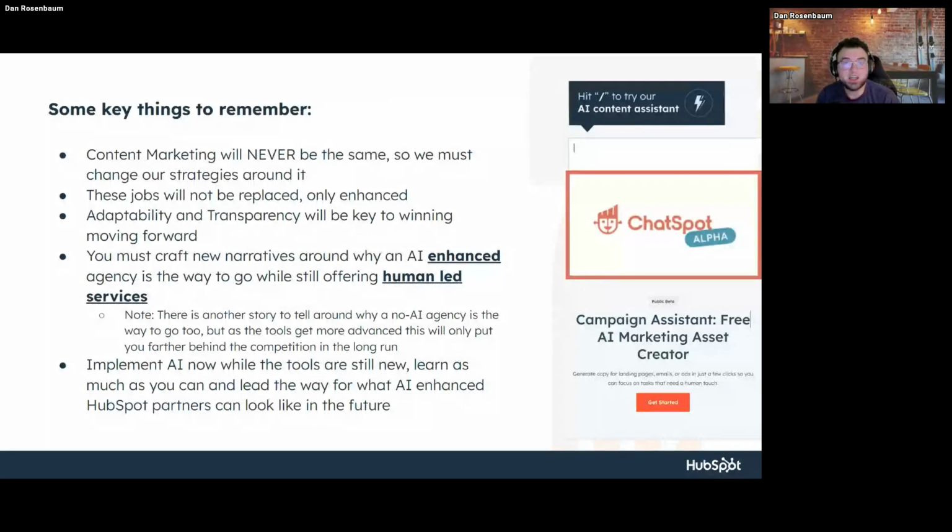It's not even been a year yet since ChatGPT really dropped. It's been about a year since it first started getting some popularity. But as far as I'm concerned, February was when it really kicked off. So still plenty of time to catch up, still plenty of time to leverage these things. Implement it now before it gets totally out of your hands.